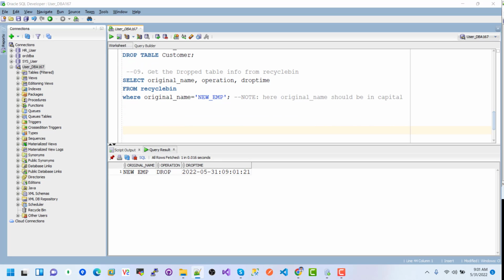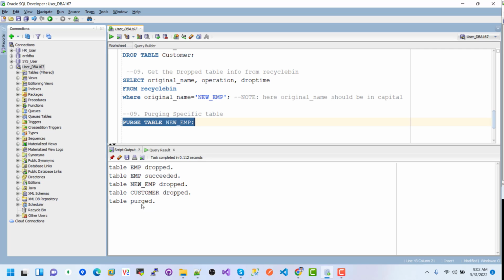Now I just want to purge table new EMP. Here we can see the purge table new EMP. This is purging a specific table. If I execute this snippet,